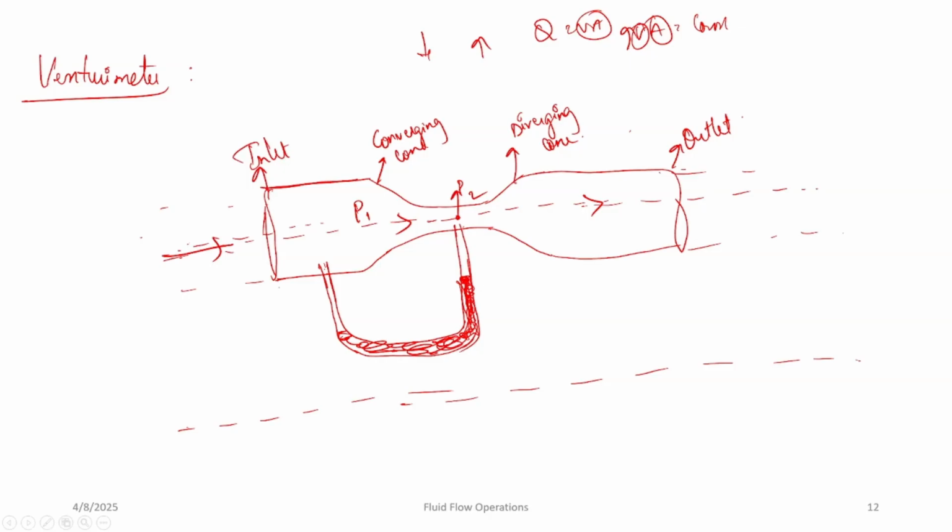Okay, so it may be fitted in any position. It can be a horizontal connection, a vertical connection, or an inclined connection as well. But in general applications, it is a horizontal connection. It should also be remembered that the venturimeter must run full, and it should be preceded by